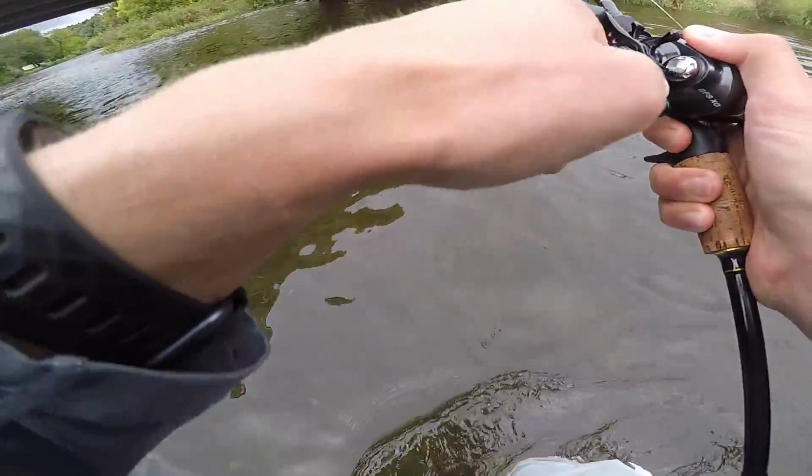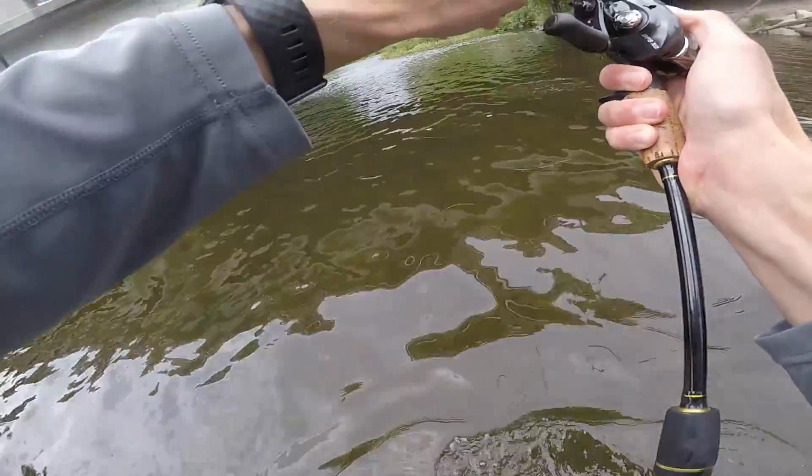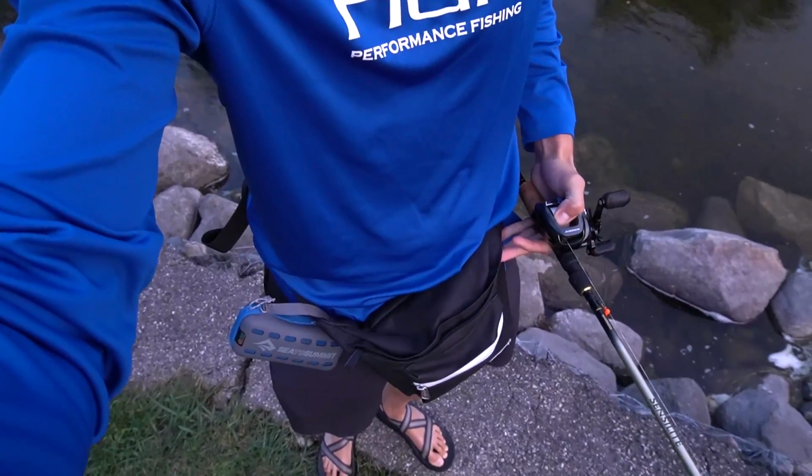Just another, oh my giant, oh dude, just ate it right in front of me. You know something? I love me a good fanny pack fishing challenge, and that's exactly what we're gonna do today. The good thing is I've got a whole pile of good, juicy looking fishing lures in this thing right here. That being said, I hope I just need the one because I have got an interesting looking soft plastic with